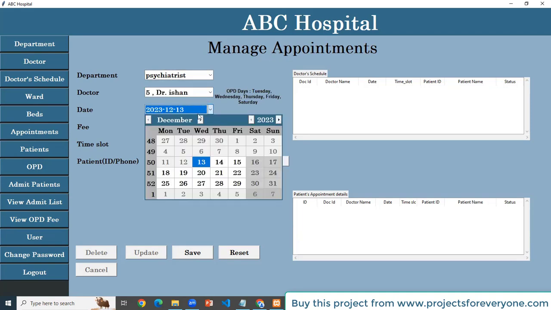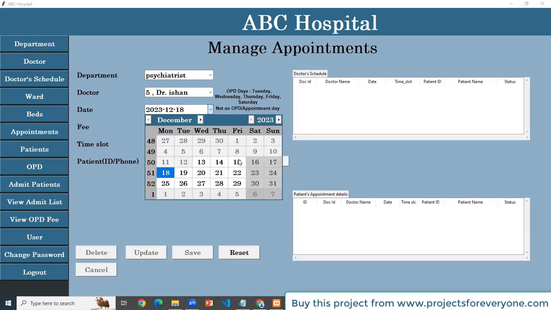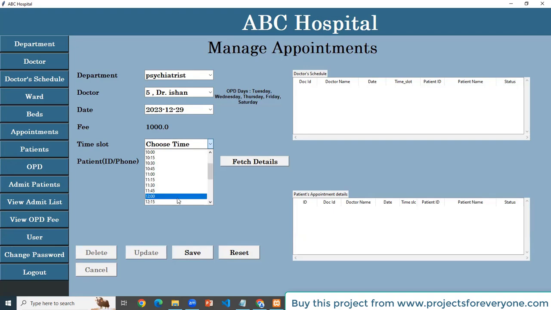Like when we select the department, psychiatrist, we get Dr. Ishan along with their OPD days. If it is not an OPD day, we can't save the appointment. If it is an OPD day, we can choose the time and save the appointment.